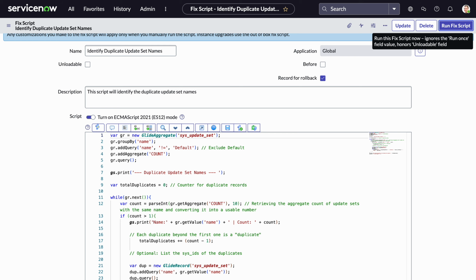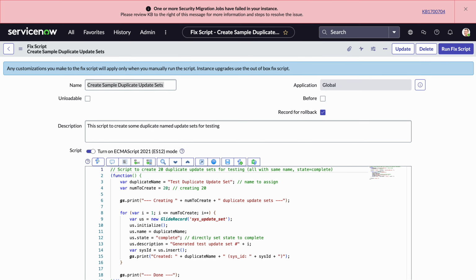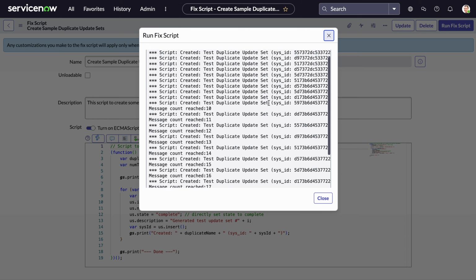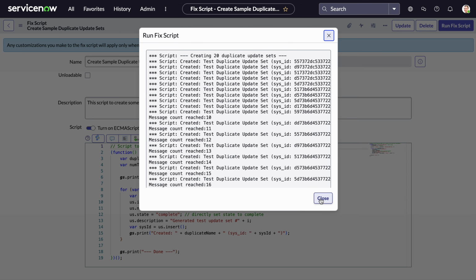So if I go to my second script here, this one's very simple, I won't spend too much time on it, but I'm just going to create duplicate update set name and create 20 of them, and put them in a state of complete. Because we're looking to run this in production, really the only ones we're focusing on are the complete update sets, but if you do want to change that to include all, you can. Yeah, so if we run this and proceed, this has now created 20 duplicate update sets, and we can